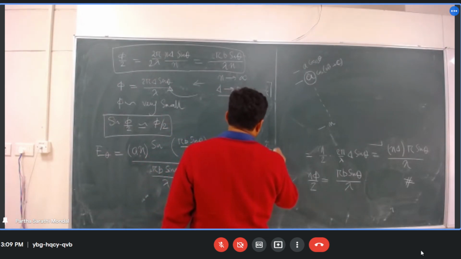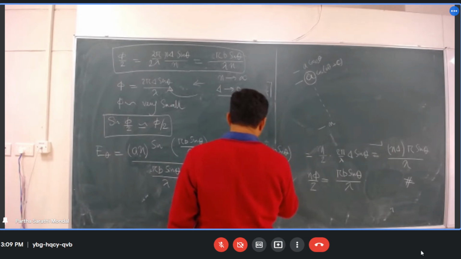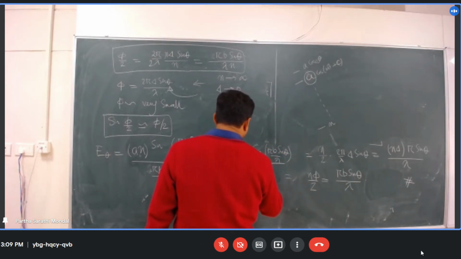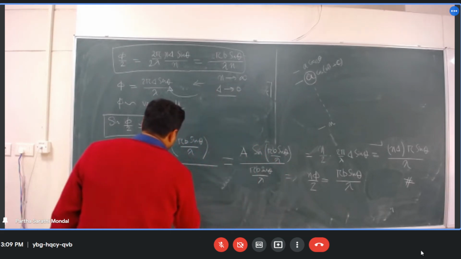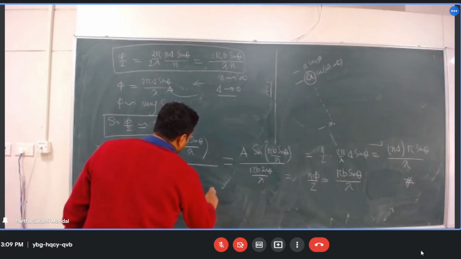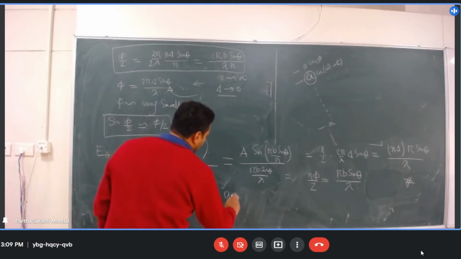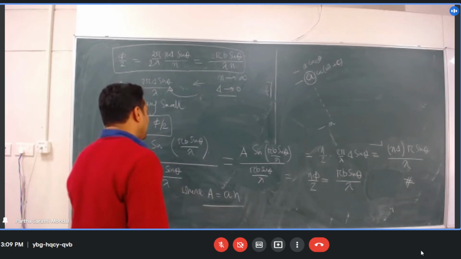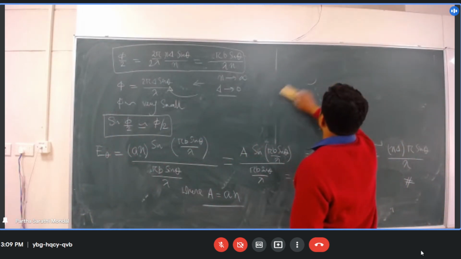sin pi b sin theta by lambda divided by pi b sin theta divided by lambda, where A equal to एक वेव का एम्पलीट्यूड A है, ऐसे n है, so this is the total amplitude of all n number of waves. Okay,